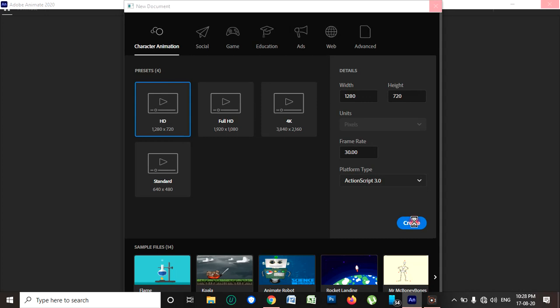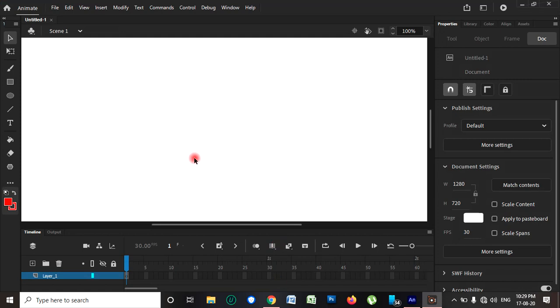Now by using the blank file, we will apply the different types of tools. Now see, this is the first window of Animate CC. Now here we are going to learn about the different types of tools, how they work, how they perform, and how we can change the properties of the different tools. First of all, we are going to discuss the line tool. Okay, this is the toolbox. From this toolbox we are going to select the first tool, called the line tool.